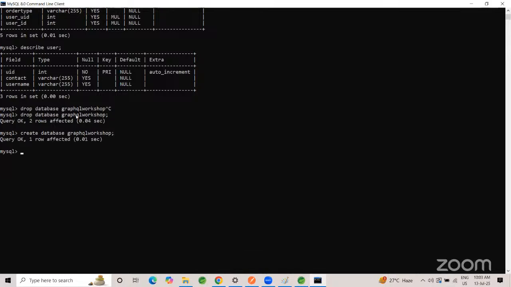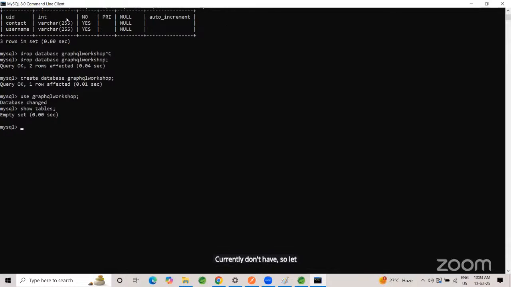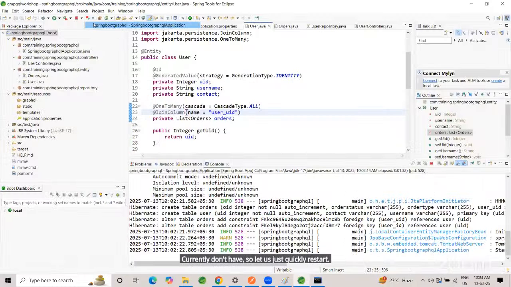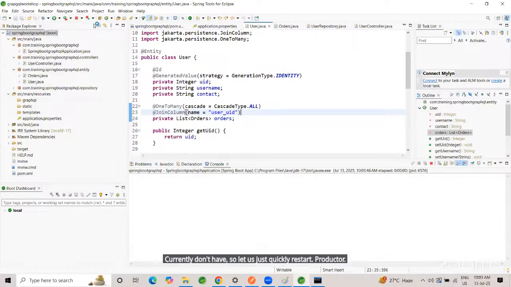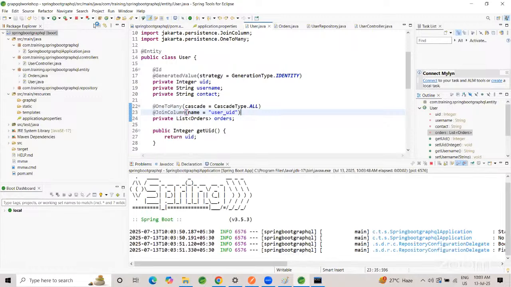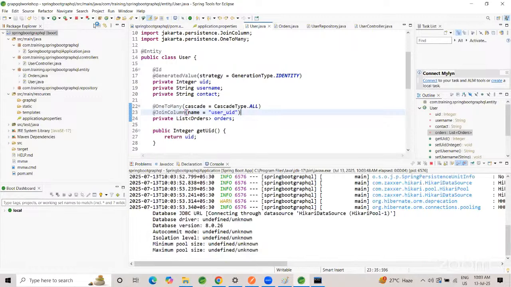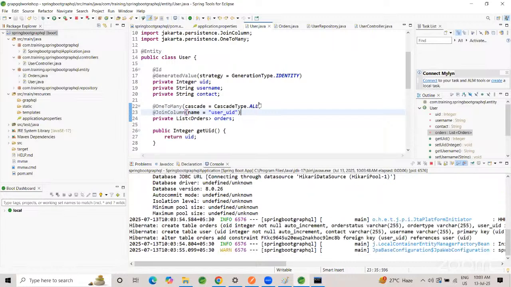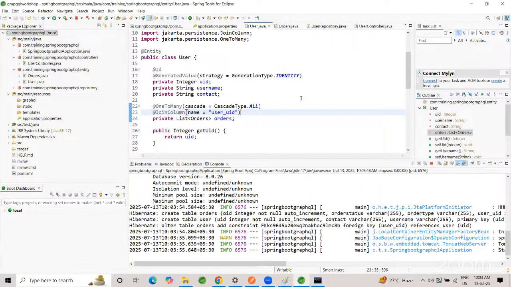Create database, use database, show tables. Currently we don't have any, so let us just quickly restart. So that restart. Okay. So now